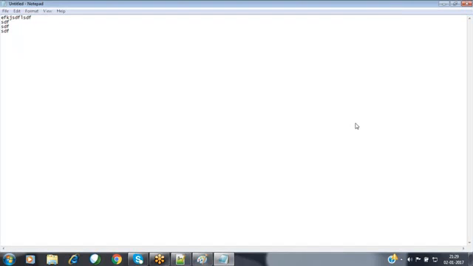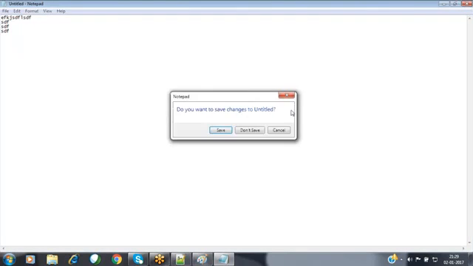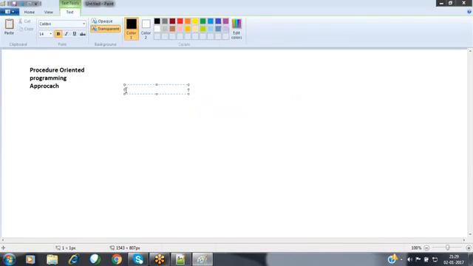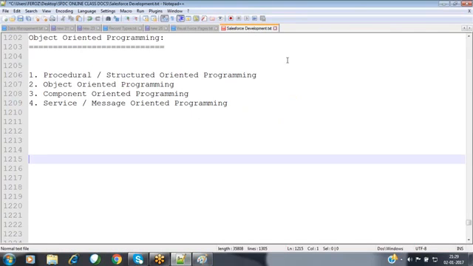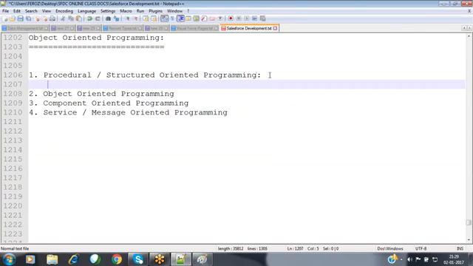Now, in this kind of scenario, what exactly is procedure-oriented programming? In procedure-oriented programming, each and every functionality is available in terms of procedures or functions.